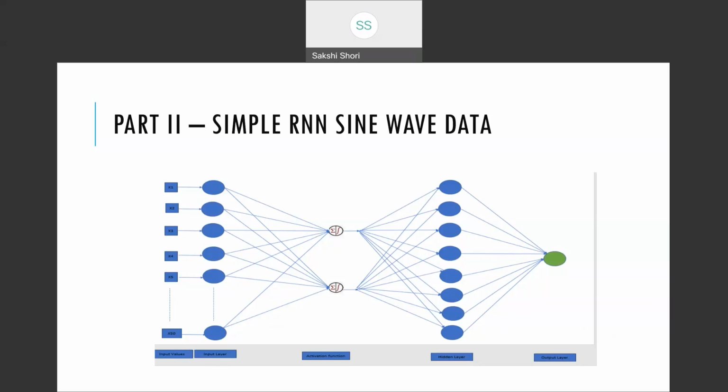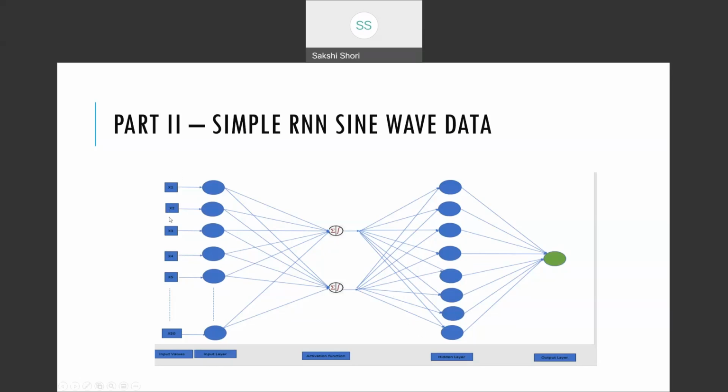I'm going to make sure that it has two layers as described in the project, one simple RNN and one fully connected layer in Keras. I'm also going to determine how many neurons that we're going to use in this simple RNN layer. I'm going to present this diagram first, followed by the steps and then the analysis in the end.